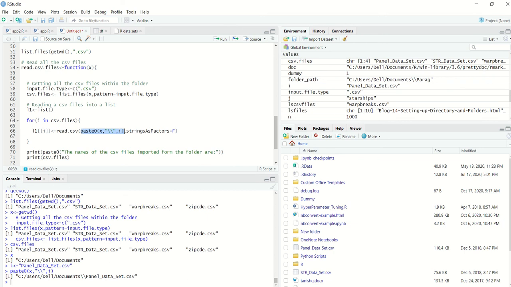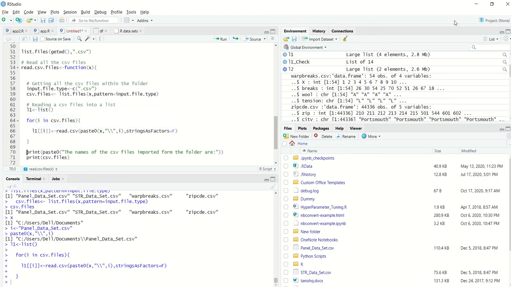This paste will give me nothing but the exact file location in that particular folder along with the file name. Once I specify this, I would be able to read this. Similarly, I will take on other values, and this particular string will be calculated for each file. Let's run this.